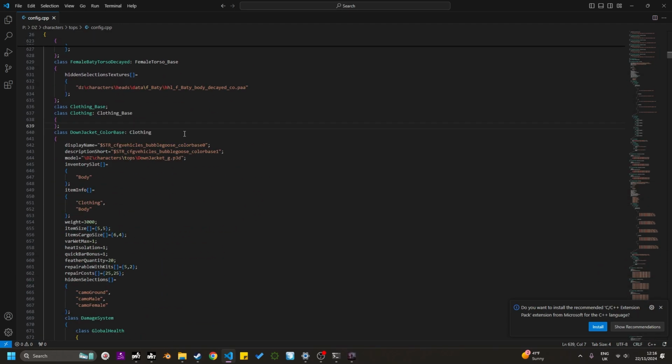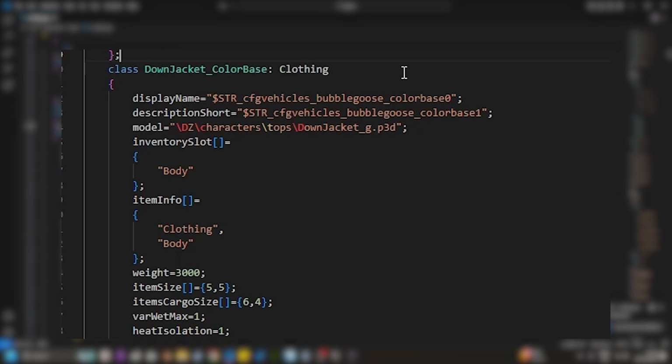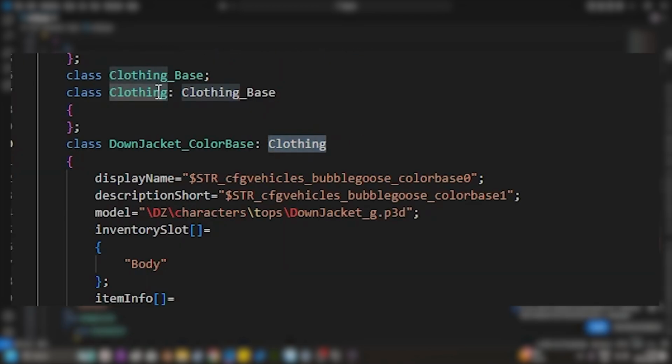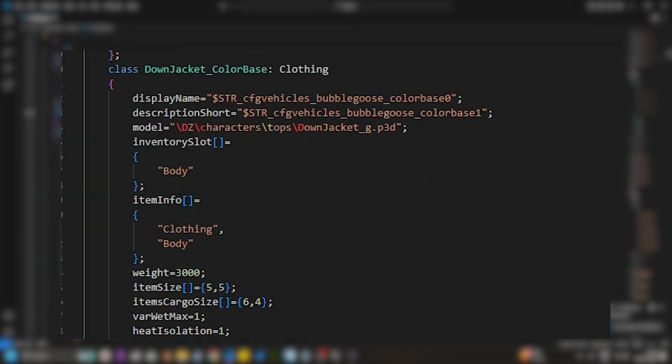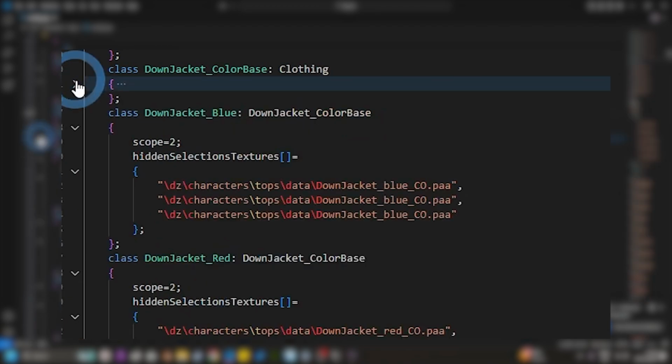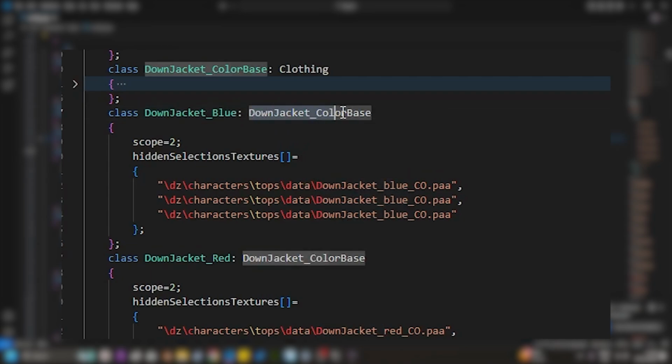This item doesn't spawn, but holds lots of important information that other down jacket items will use. So the way this works is through inheritance. So we can see that the down jacket color base inherits from clothing, and clothing inherits from clothing base, which doesn't really mean much to us at the moment, but if I minimize down jacket color base here, we can see down jacket blue. Now down jacket blue inherits from down jacket color base, and what this means is that